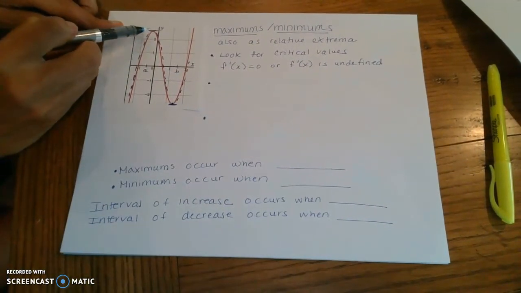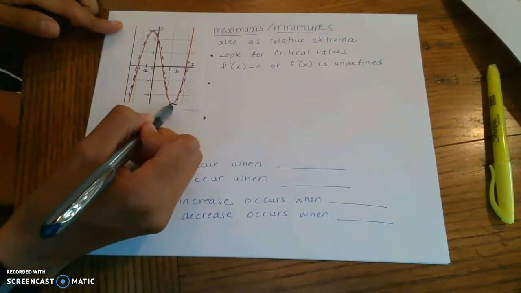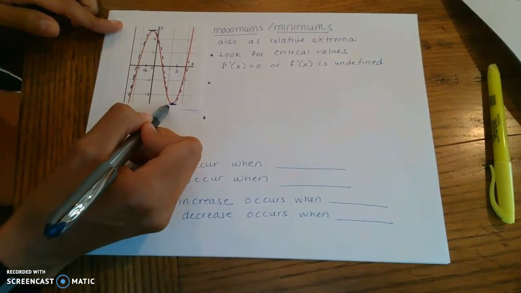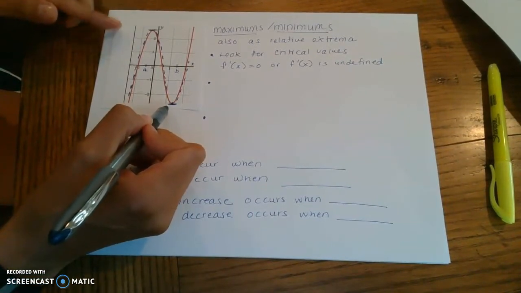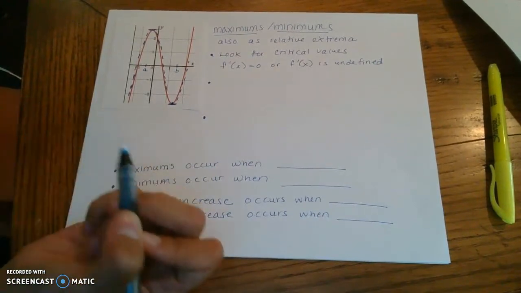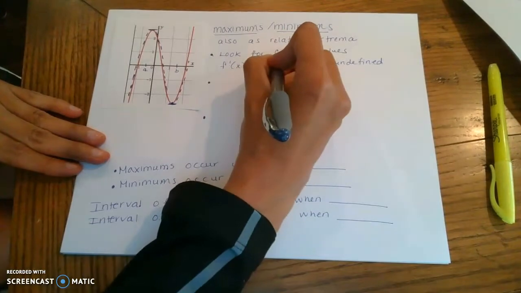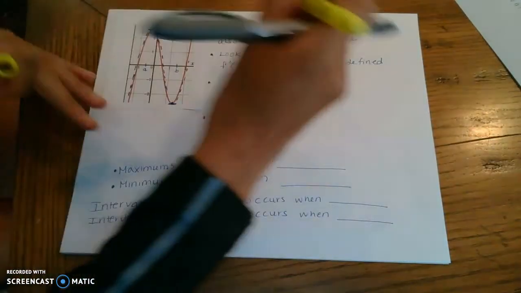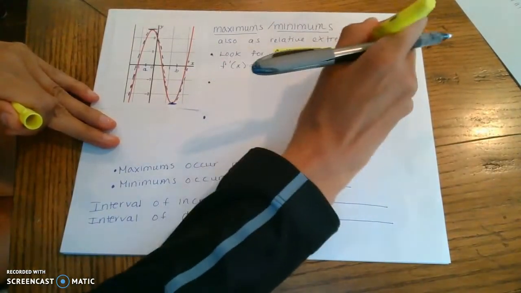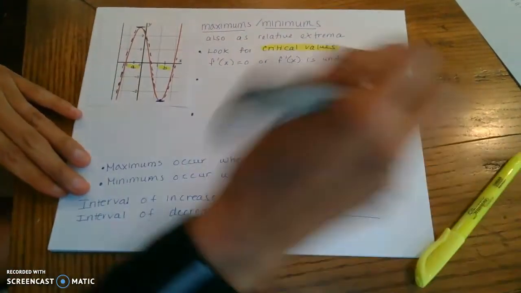Because here, the first derivative is equal to 0 and it happens to be a max. Here, the first derivative is equal to 0, but it's a min. So how do I go about saying, oh no, this one's a max and this is a min, without looking at the graph? What you're going to do is, after you identify those critical values, and in this case, my critical values would be A and B, you place